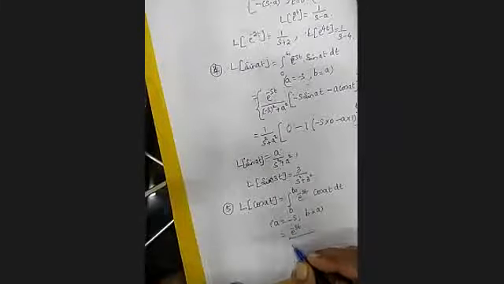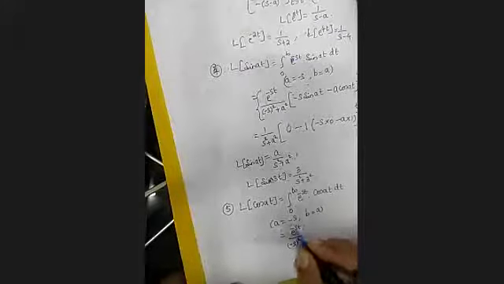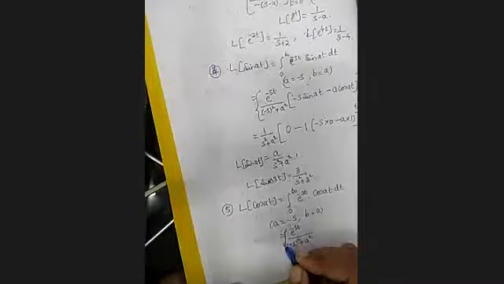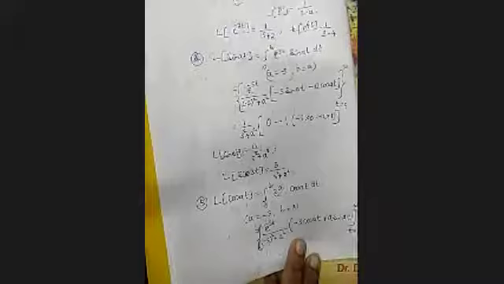Tell me the integral. e raised to minus st divided by a square plus b square, that is s square plus a square, into a is minus s here. Cos is there, means cos will come first, cos of at. What will we get in between, plus or minus? Plus, b sine of at. t is varying from 0 to infinity. Again, this is 1 upon s square plus a square outside, which is free from t.